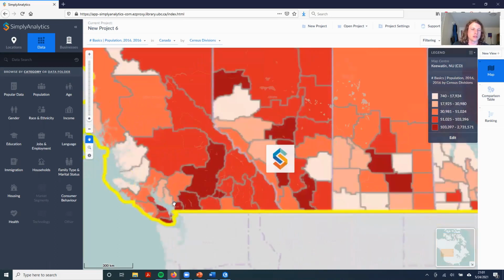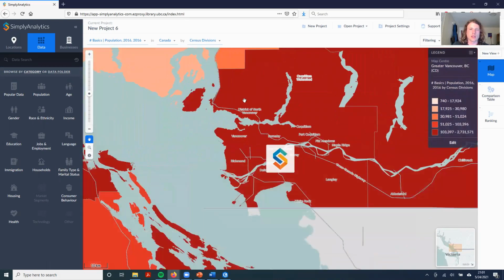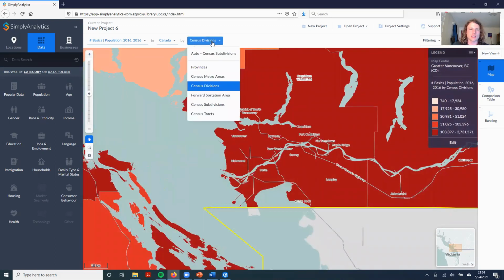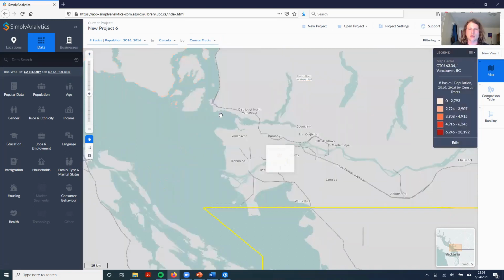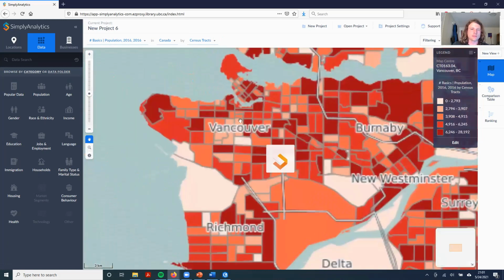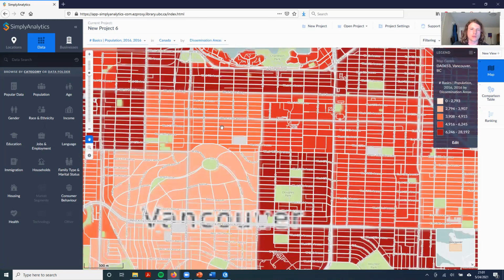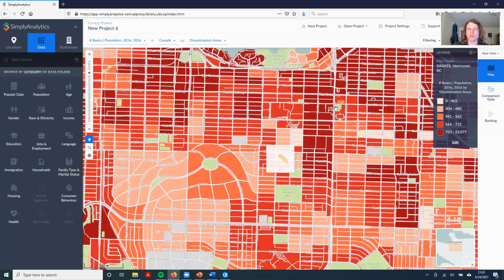You can zoom in. And with that, zooming in, you can change the resolution. We can look at population by census tracts across, say, Metro Vancouver. You zoom in more, you can look at population all the way down to the dissemination